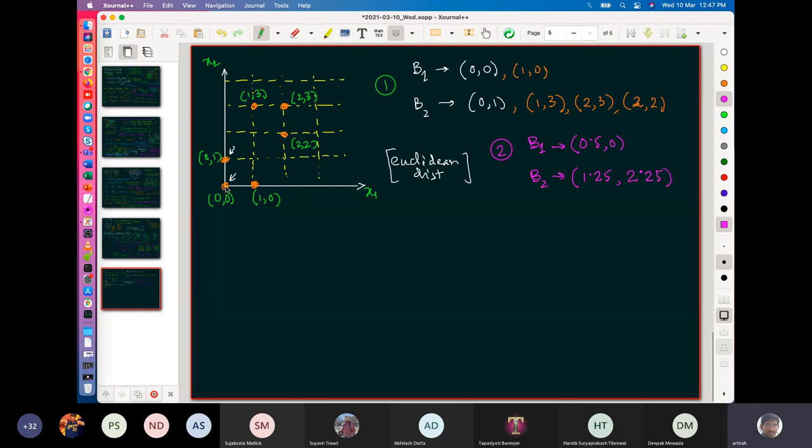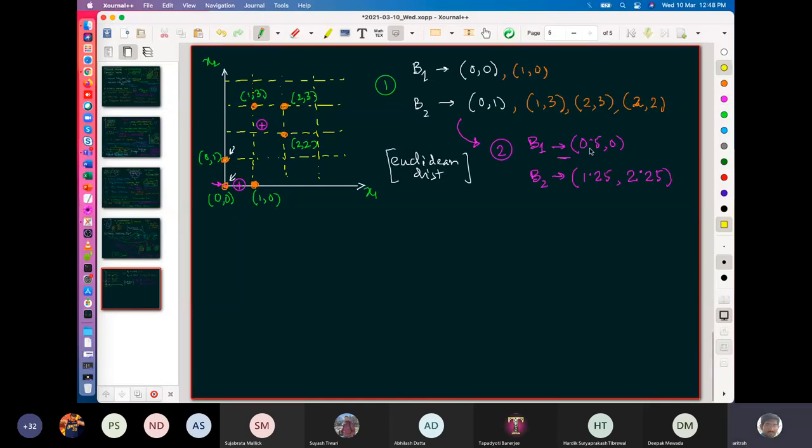Now see what happens. Essentially, at the initial iteration, you thought this one is your centroid. Now your centroid shifts here, right? In the B1 basket, the points that you put inside it are trying to pull its centroid somewhere in the middle. Here also, when you say 1.25, it is somewhere 1.25 and 2.25. So 1.25 is here, 2.25 is here. So your centroid pulls out here, isn't it? As if it is trying to form a centroid of a cluster between these four after the first iteration, right?